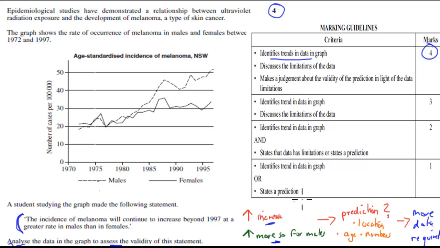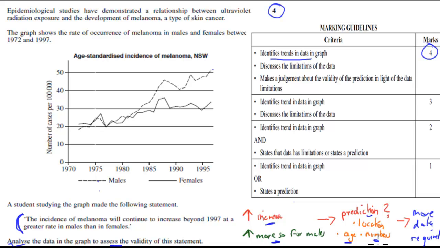So is the statement true? And it's not just saying true or false. It's saying yep, it's true, or nope, it's not true, but also say why we think it might not be perfectly accurate. So in this case, what I'm going to say is why I don't think the prediction that person made is completely, definitely justifiable. There might be a bit more evidence we need before we make that actual judgment. And I'll say we need to have more age data,